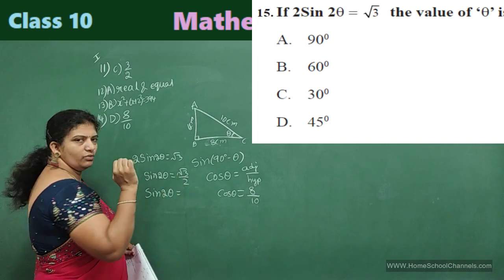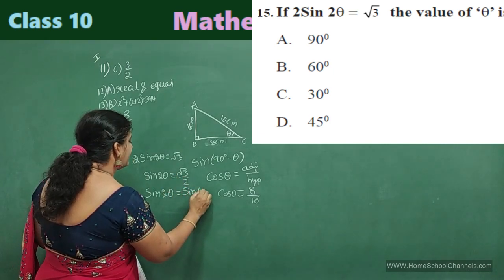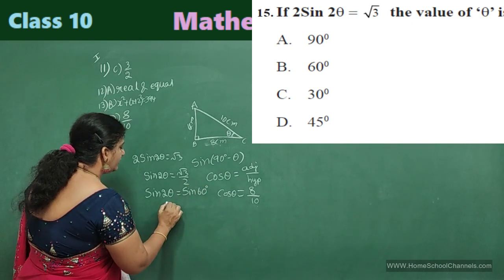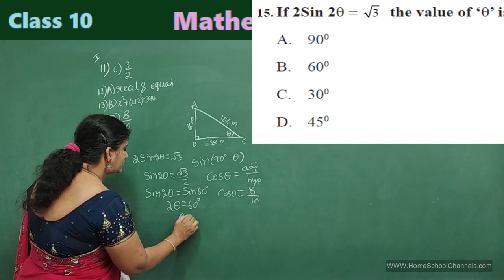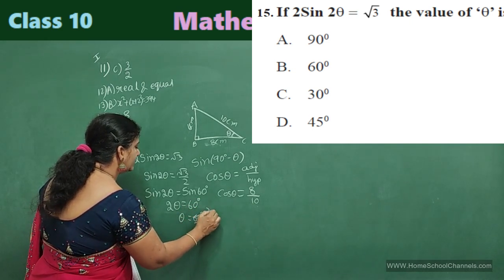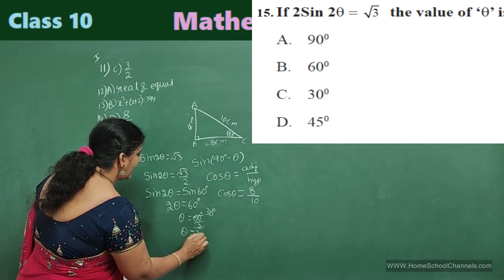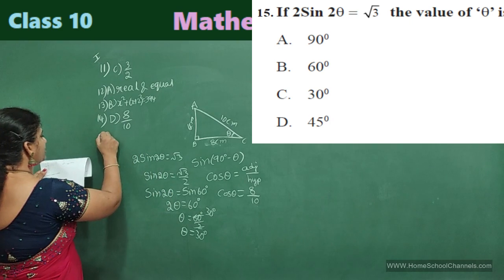In sine, where do you get root 3 by 2? In sine 60 degree, we get root 3 by 2. Therefore, 2 theta is equal to 60 degree. Send this 2 to the other side. 60 degree by 2 will be 30 degree. Therefore, your theta angle is equal to 30 degree. Check the option. Option C,